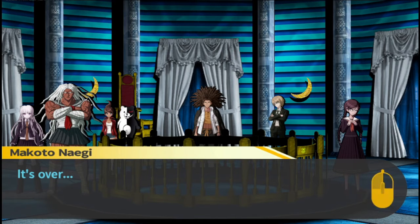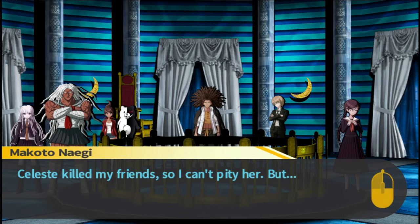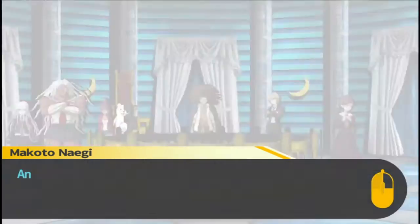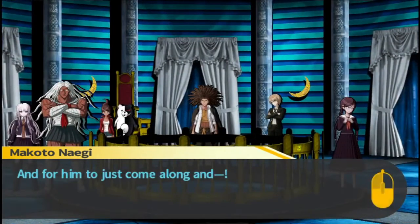How many do we have left? We have 6 people left. Or no, 7, including Makoto. Yeah, 7 people are left. The 3rd execution is over. Celeste's death is over. Celeste killed my friends, so I can't pity her, but I also can't deny that at one point I considered her a friend. For him to just come along and...